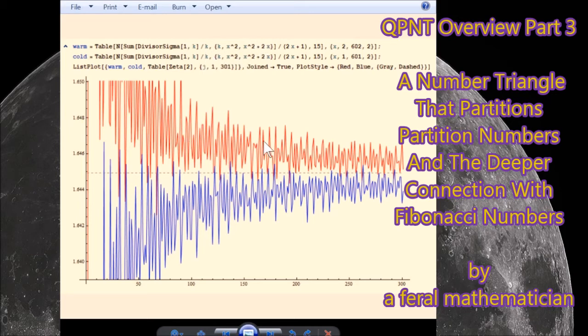Each one of the data points in the warm table approaches zeta 2 from above, and the cool does approach zeta 2, but from below. And so these are just intertwined